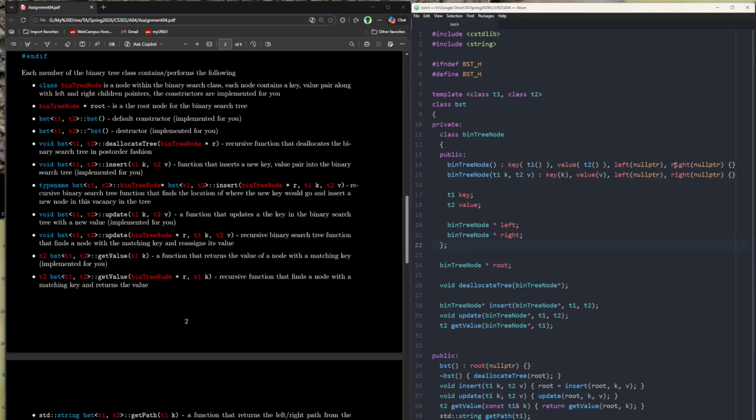This might help you. Our other constructor, we passed in some key and value, and we're going to assign that object's key and value respectively, and of course set the left and right pointers to both be null pointer. So pretty basic class, bin tree node, and of course it's all public, so it's really a struct in a sense,